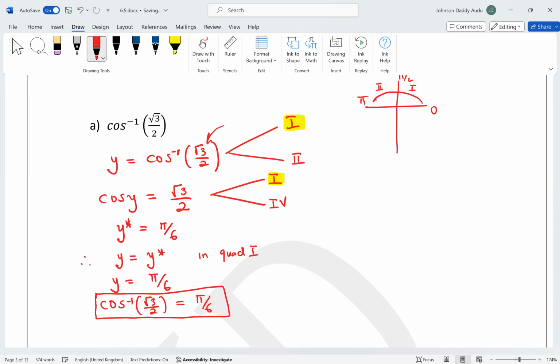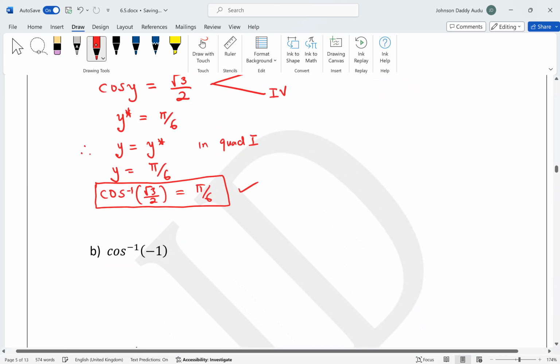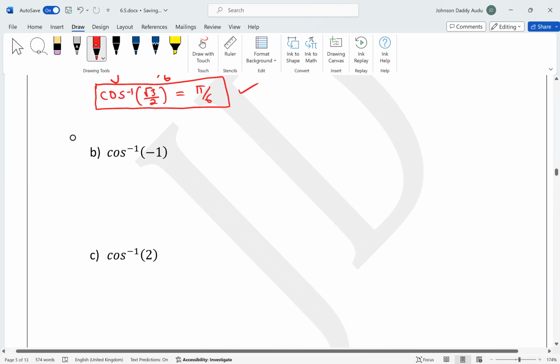Okay. Now, as you can see, if you take cosine pi over 6, we're going to get cosine pi over 6, which is the same thing as cosine 30, which is root 3 over 2. So this makes sense. Now, B,